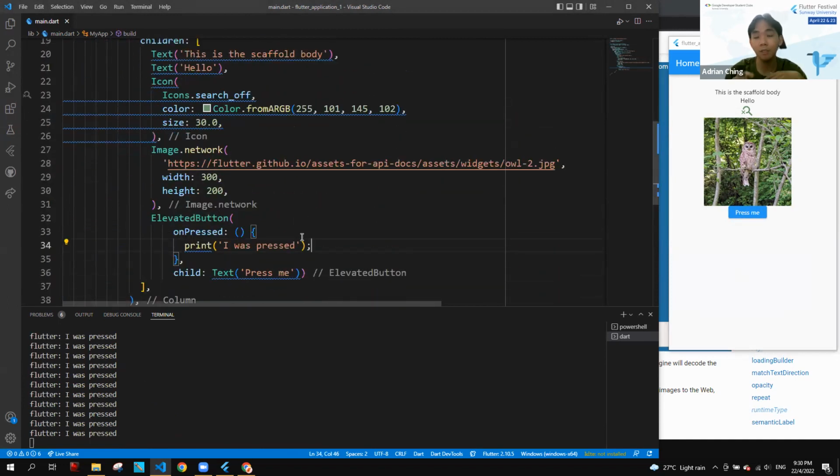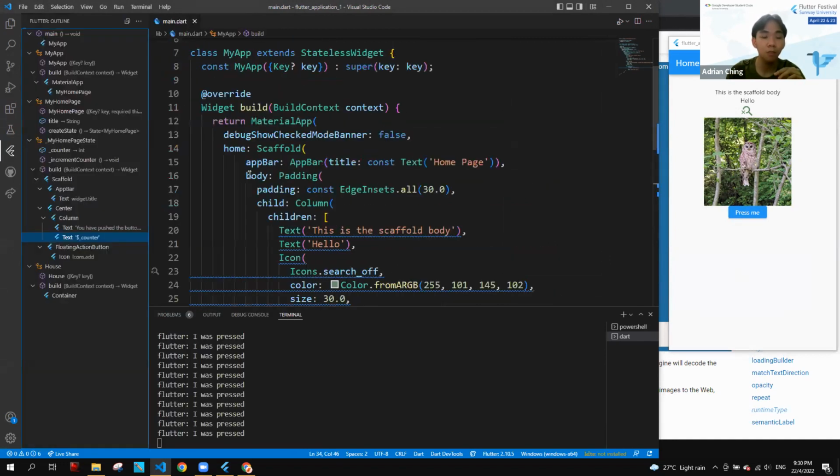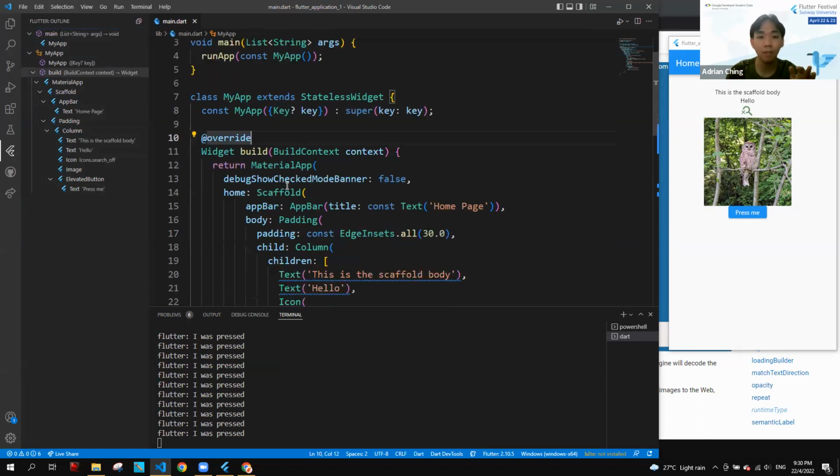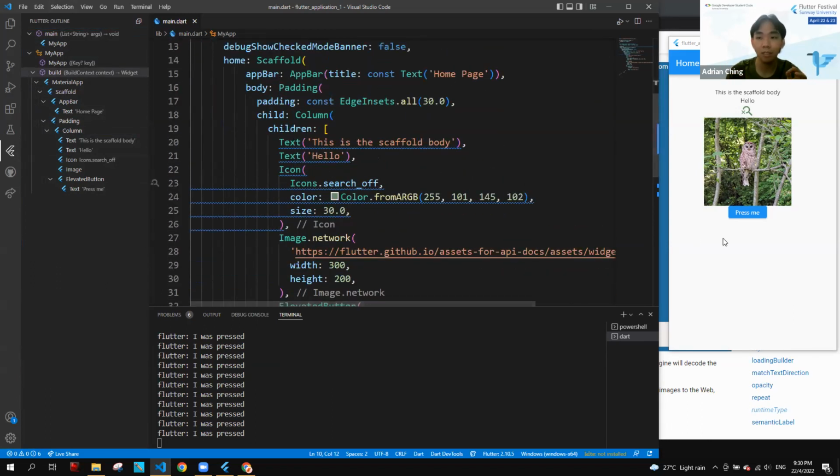Okay, now to add some interactivity to our app, first, the best practice in Dart is to separate it. If you see a long widget tree like this, it's best to separate it into smaller widgets so it's easily manageable. To do that, let's say we want to take everything in the white space over here and separate it into our own widget.